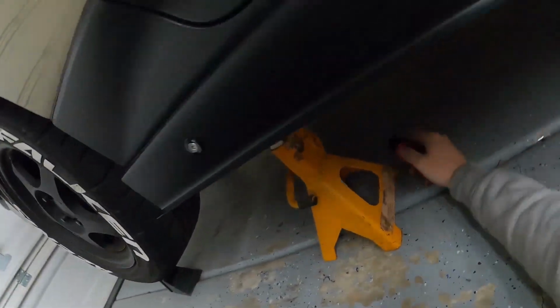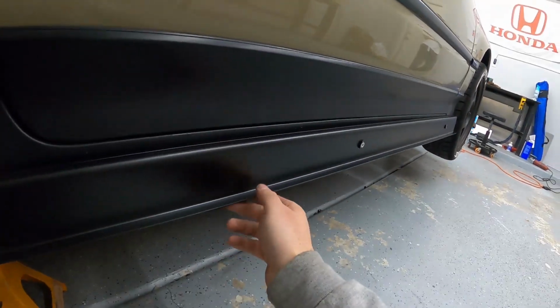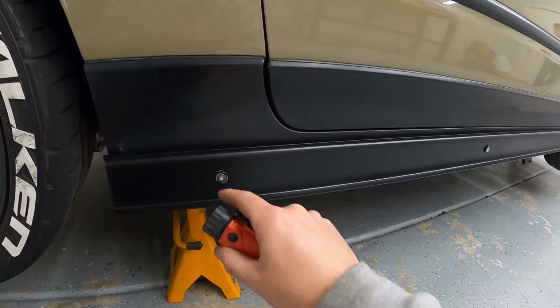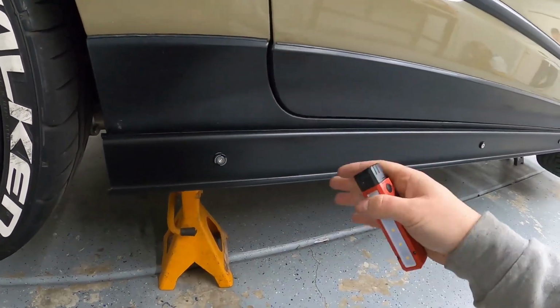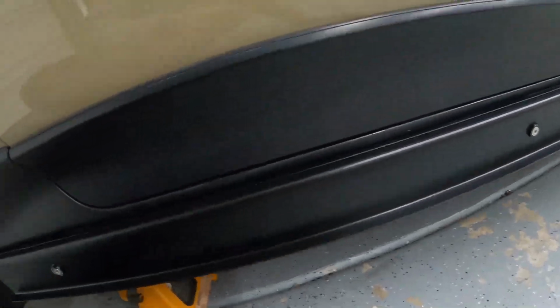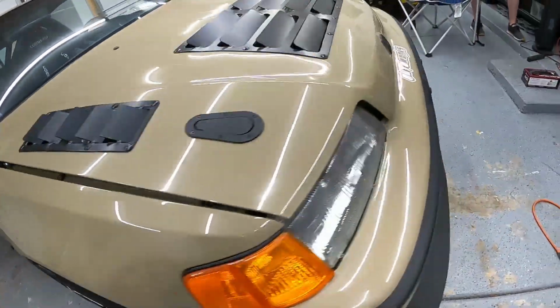So our concern was, how rigid is this? But it's pretty good. I don't think wind's gonna affect it whatsoever, but I also wanted that if I do go off track or something hits it, this thing will just kind of rip itself off the body as opposed to smoke in the car. So the components,